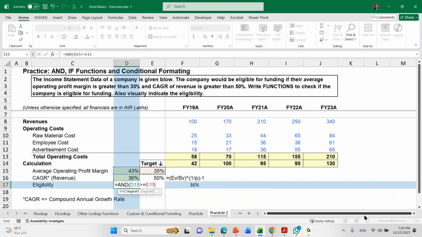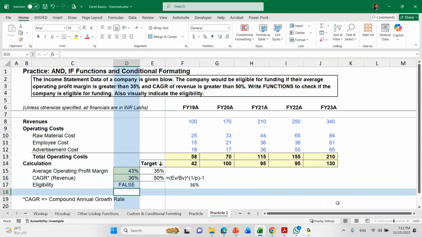this cell, which is the target. This is condition number one, logical test one. Now logical test two is this value should be greater than or equal to this value. So both logical tests have to be met. Now when I close this function and hit enter, it says false. That means my test fails. If the test fails, that means the company did not meet the criteria for providing financing, so we will not provide financing to this